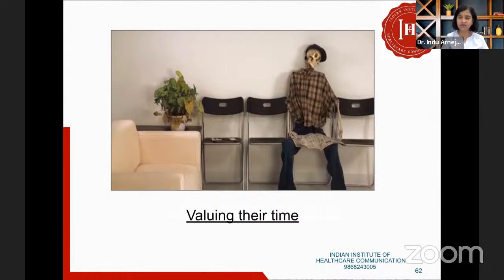When you make your patients wait and you ask them to come again for a small thing which can be done in the same visit, or when you make them wait and then you say, sorry, we can't do it today. I know in most of the private setups it doesn't happen, but it does happen at places. Sometimes they've come to collect a report. We are not able to locate the report, and we say, please come again, or please wait, I'll attend to you later. By the time you give the report, the consultant must have gone. Or when you can reduce the number of visits, it's better to give them that opportunity. So valuing patient time is another aspect of non-verbal communication that says I respect you.